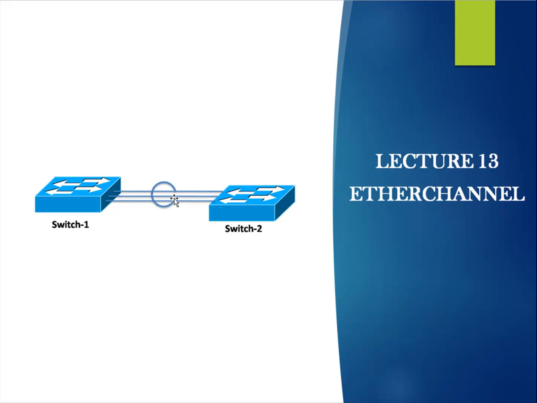Now in the Ether channel concept, I am going to use all 3 links. Why? Let me give a simple example. For example, the first link has a bandwidth of 100 Mbps. The second one is also 100 Mbps and the third one is also a 100 Mbps link. By using the Ether channel concept, I am going to have 3 links, each of 100 Mbps, merge all of them together, and have a total bandwidth of 300 Mbps.